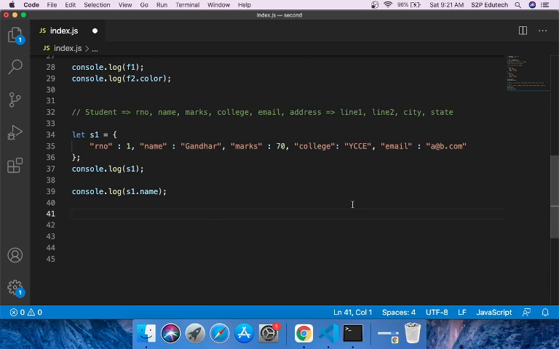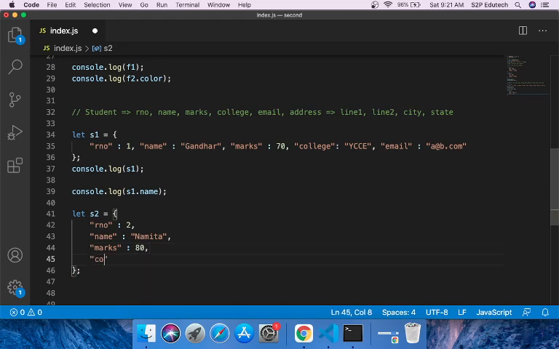So let us represent another student. I'll say let s2 equals, again curly braces. Inside this I'll have roll number, I'll call 2. Then I'll have name, I can give a name as Namita. Then I'll have marks, I can say 80.